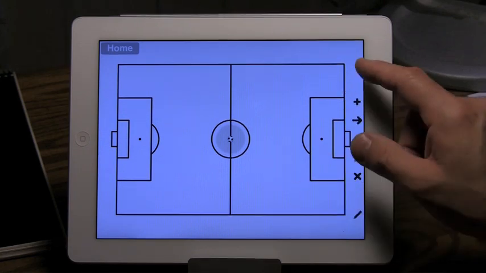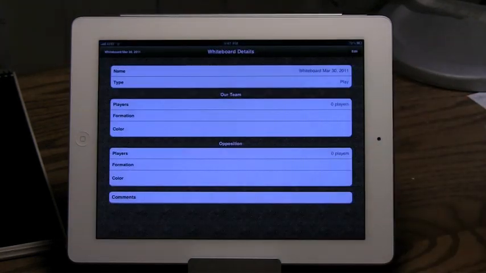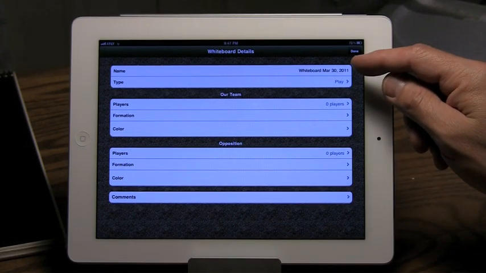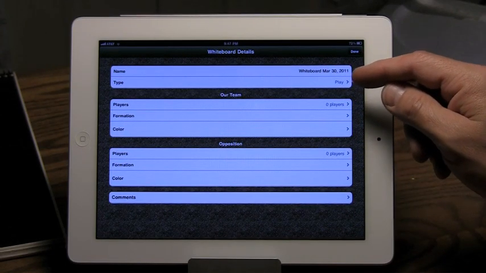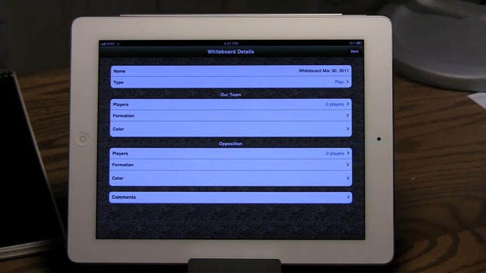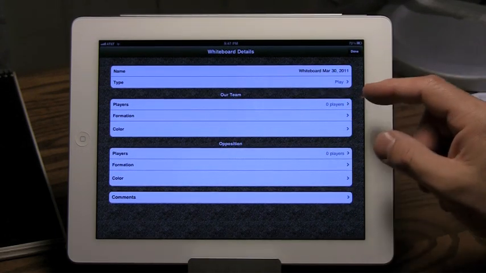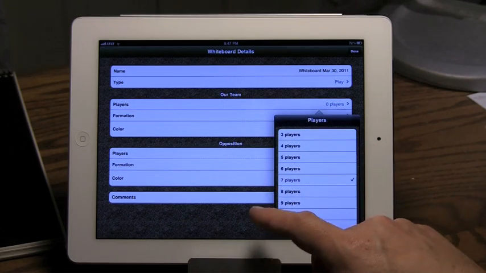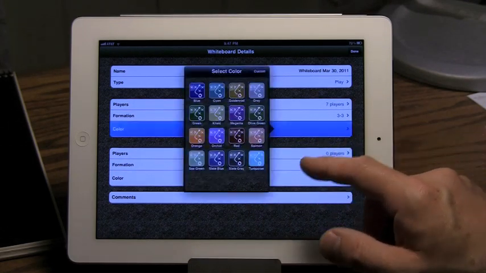in front of me. The first thing I want to do is set up my whiteboard details, and I can give the whiteboard a particular name. I can actually make it a play or a drill, and Dad will organize things based on that. And then I can set up my team and the opposition. So in this case I'm going to do just a 7-on-7